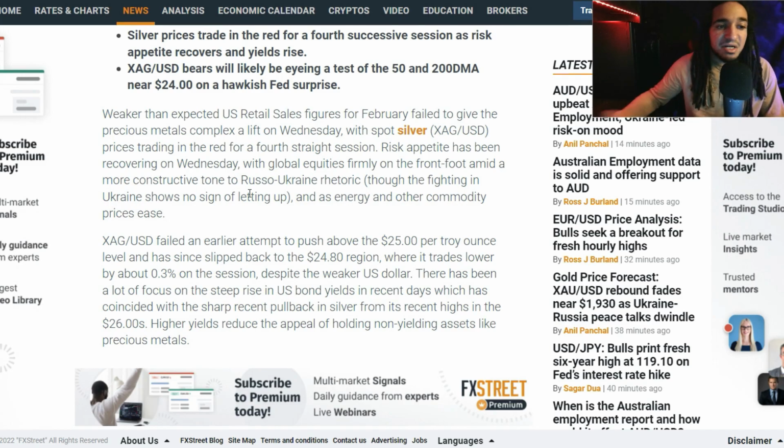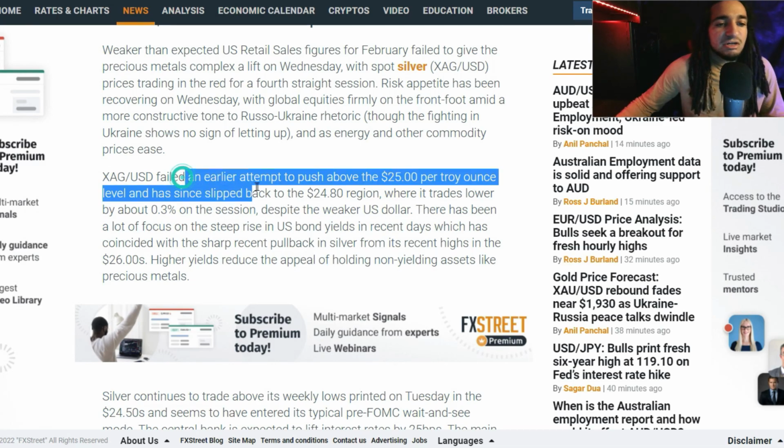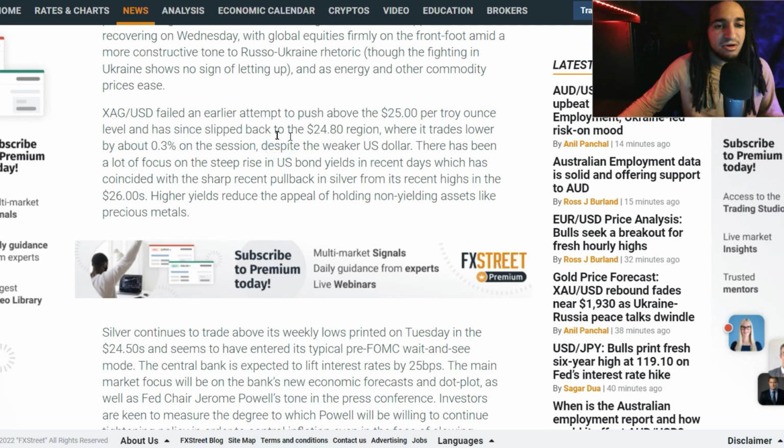Risk appetite has been recovering on Wednesday, with global equities firmly on the front foot amid a more constructive tone of the rhetoric, right? So, anyways, that's going to make commodity prices ease. Silver prices failed an earlier attempt to push above $25 per ounce, and have slipped back into the $24.80 region. And actually, right now, it did seem to push pretty high up. It's $25.39 now, I guess, depending on which chart you look at, spot or ask,